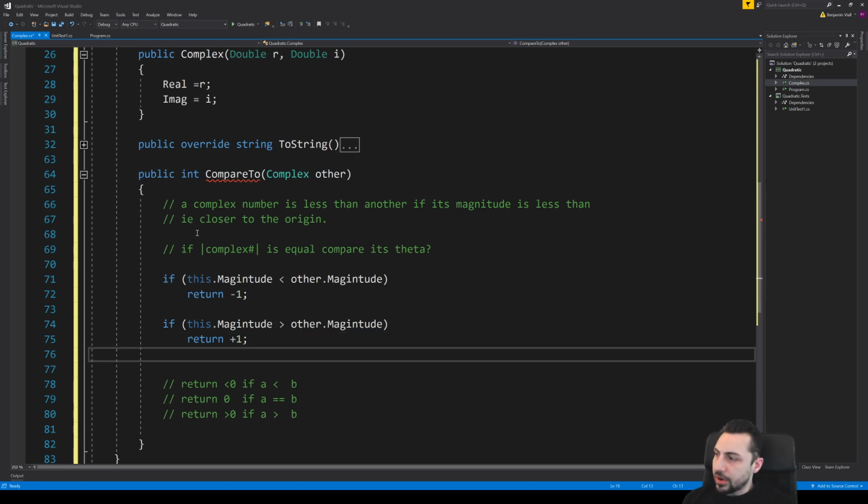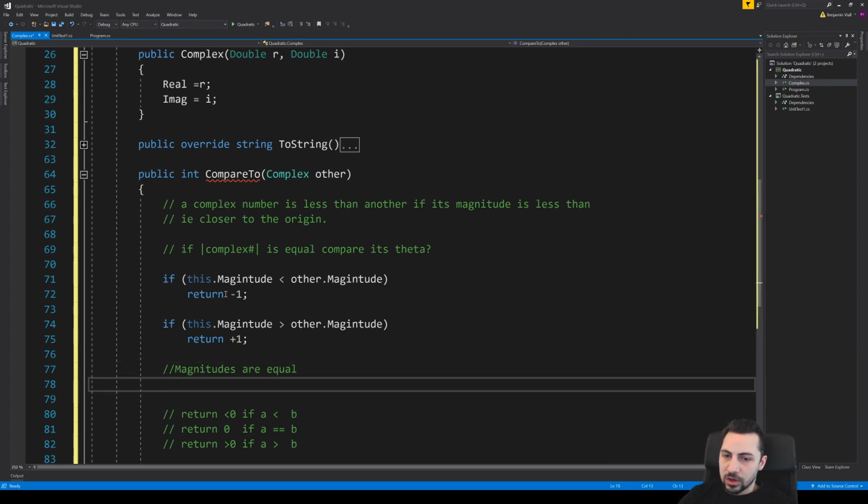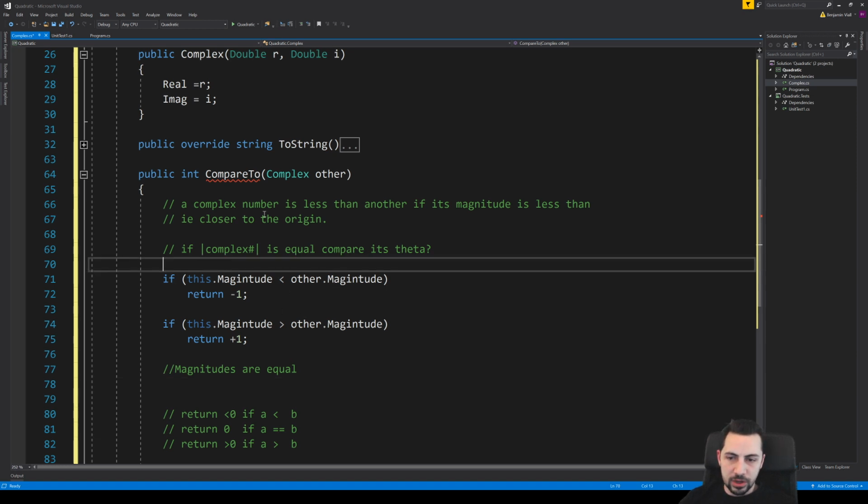So the remainder now is actually, why is it yelling at me? Not all code paths return a value. So now, if we've made it to this point, we know that the magnitude must be the same. Right? So the magnitudes are equal. And the only way, I actually want to go back and put that back.